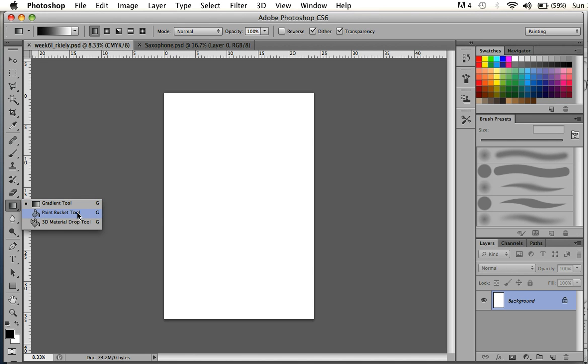They also have the paint bucket tool underneath. It also has the shortcut G. So some items are not that simple. You just have to know what they go with. They pair the gradient tool with the paint bucket because they pretty much do the same thing. The paint bucket and the gradient fill whatever selection you have, or if you don't have anything selected, they'll fill the whole layer that you are active on. Right now I only have one layer, so if I fill the gradient, it's going to fill this entire